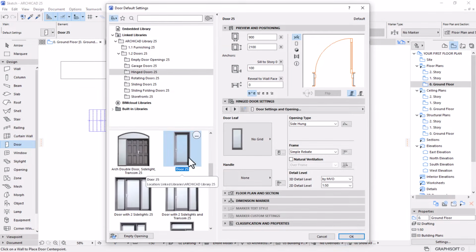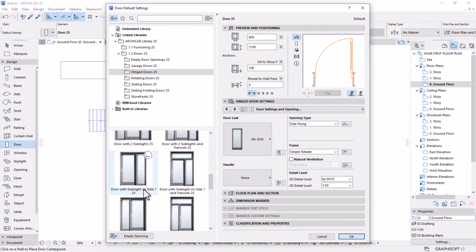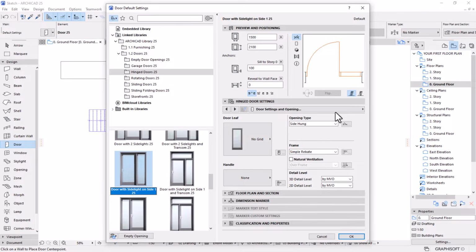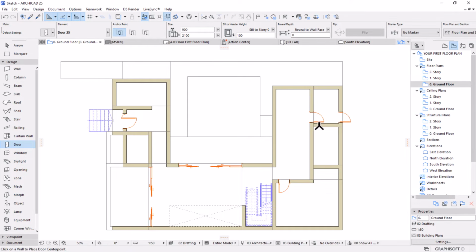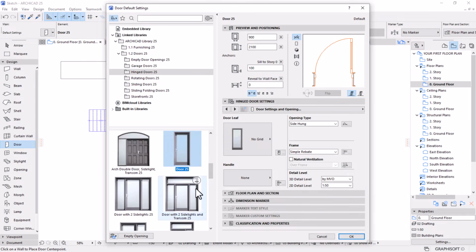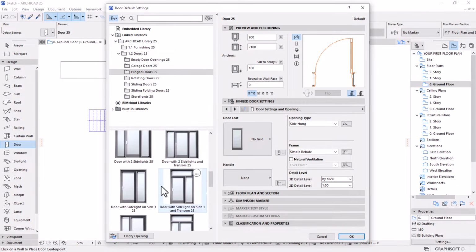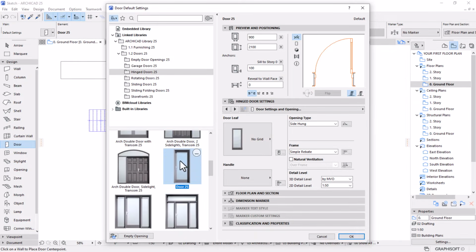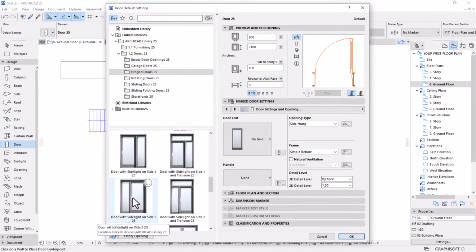Instead of using door 25, let's find a door with a side light on the side. In order for us to pick parameters of the doors that we've set already, we can do this. We can pick parameters of this door, right? And then if you go back to the settings, and if I change from this door to this one,